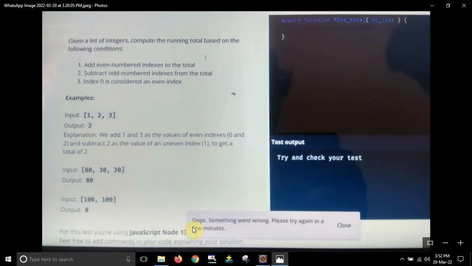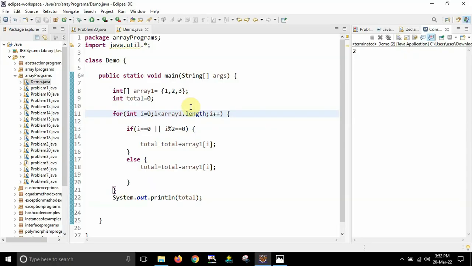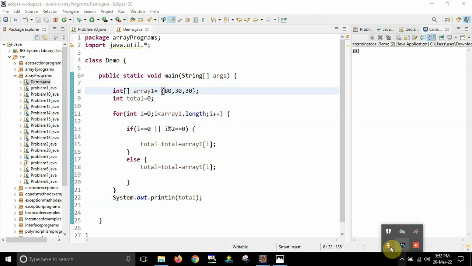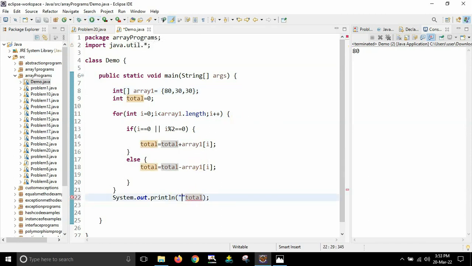Now I'll give 80, 30, 30. So let me just change this one. So now you can see the output has been changed, and here you can see the 80, 30, 30 are given. I'll just run in front of you, otherwise I will add some sentences here. The final output is something like this. Okay, so I'll concatenate with total, and if I run this, now you can see the final output is